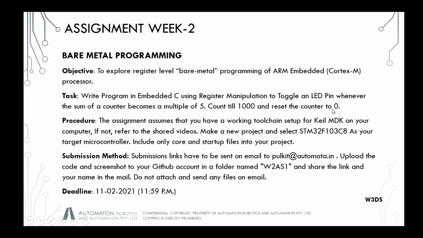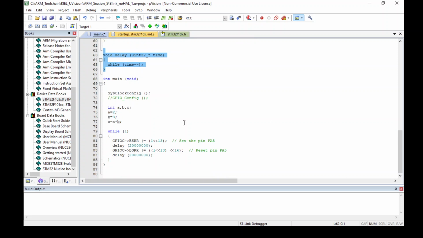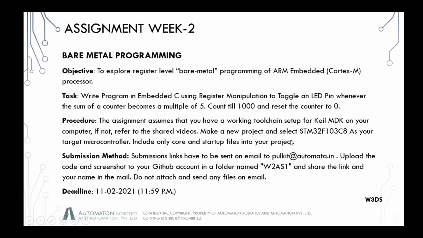So you have to count till 1000 and then reset it to 0, but you have to basically use the function which is going to find a multiple of this, and then that is how you're going to manipulate this. So in my program I have this set as an infinite loop, but you have to add an if else condition over here in order to check that condition which I just showed. You have to divide it by 5.